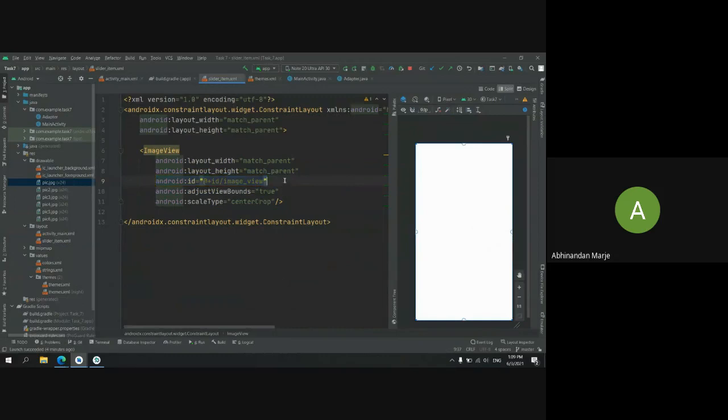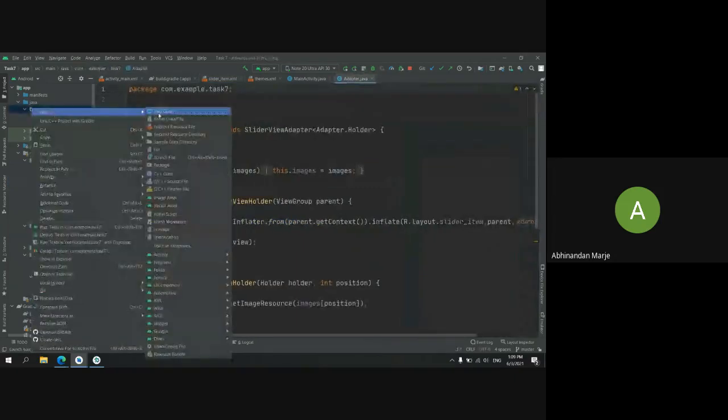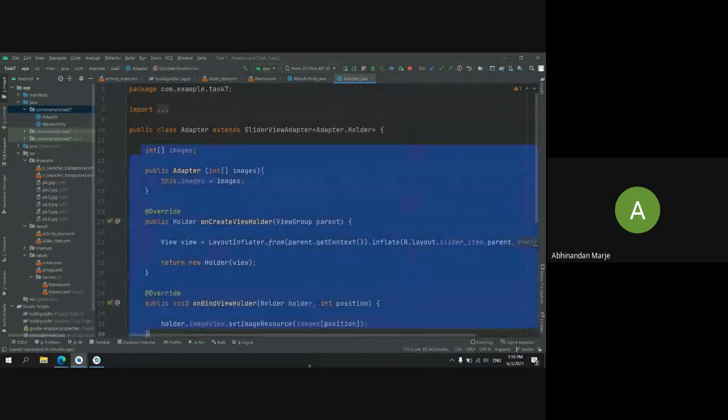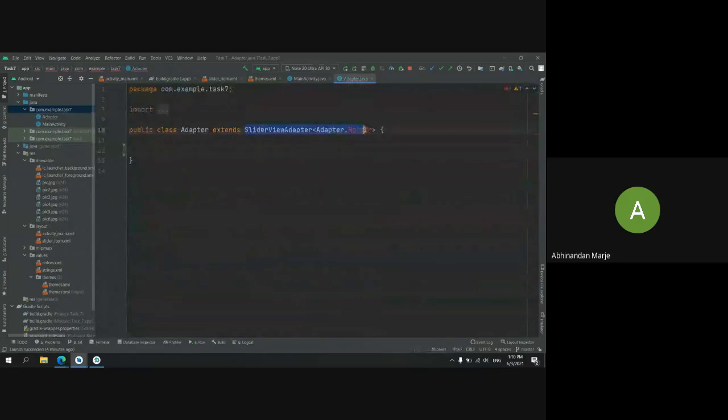While dealing with this kind of situation, we use an array list. In that array list, we put all the images. Then we use that array list in an adapter. Now, what is an adapter? Adapter is a place where the adapter and view holder will be there. In that, you can see I have created one new Java file. You can just right click here, choose Java class, and name it whatever you want. If you name it adapter, it will be easy to use. Just name it adapter. When you create a class, it will generate only this much.